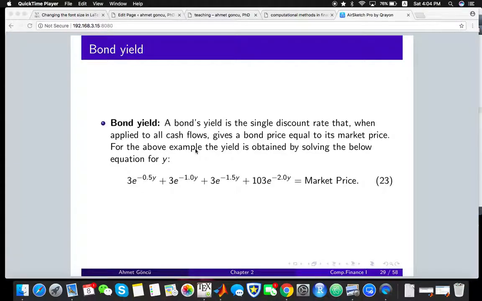Okay, the bond yield is basically the single discount rate that, when applied to all cash flows, gives the bond price equal to its market value. In other words, if we think about an example that we discussed before, remember that we had a bond